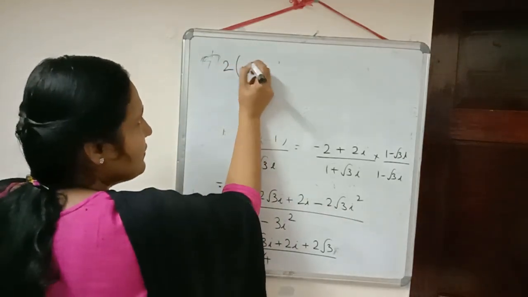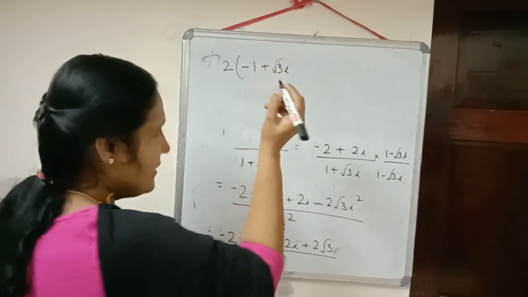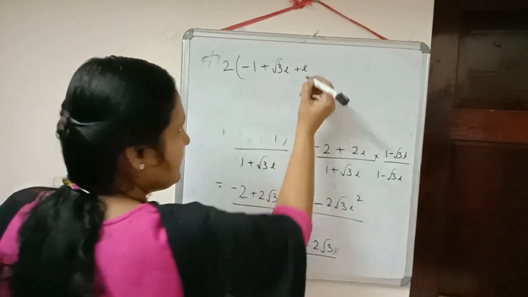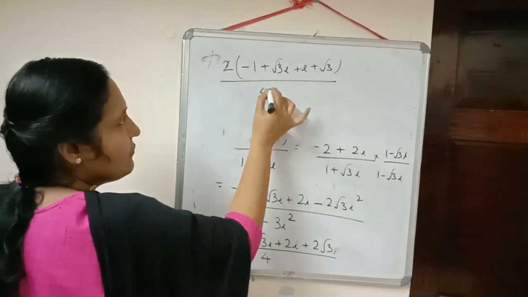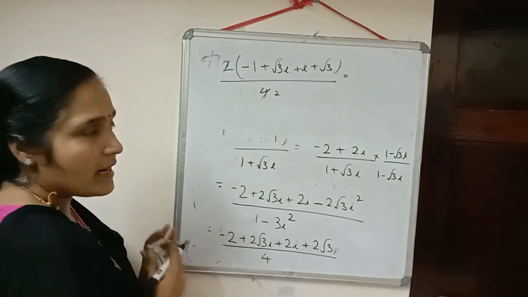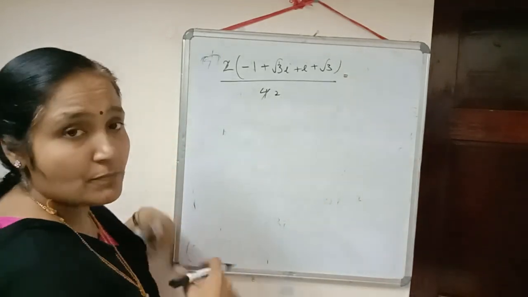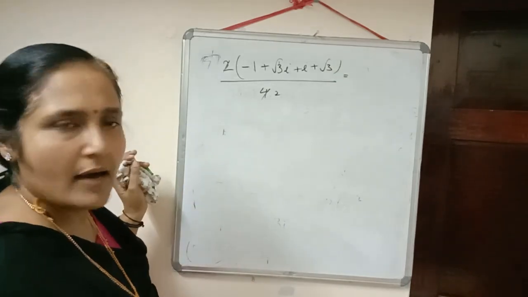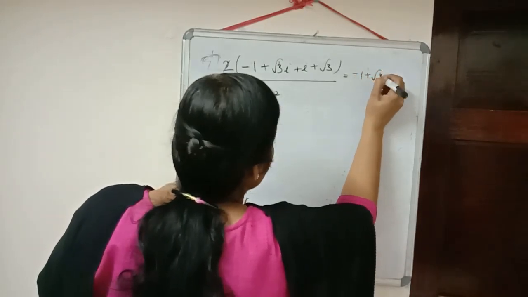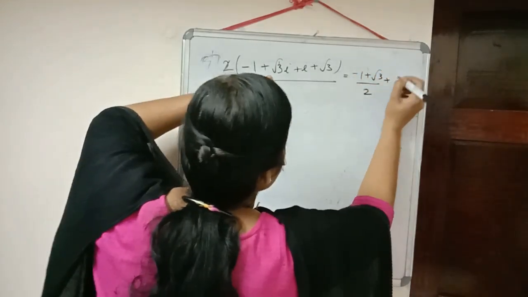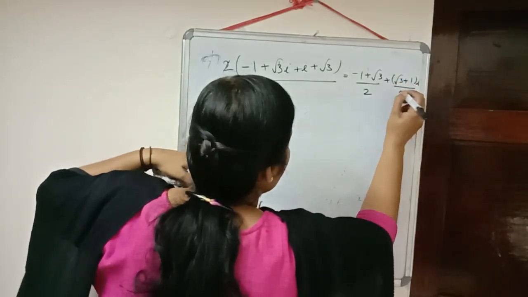Then inside the bracket what will remain here? Minus 1 plus root 3 i plus i, then plus root 3 by 4. So 2 and 4 we can cancel there, and now write down the real and imaginary part separately. Okay. So real part, you can check in which part i is not there, that is called the real part. So real part we have (minus 1 plus root 3) by 2, and then imaginary part we have (root 3 plus 1) into i by 2.